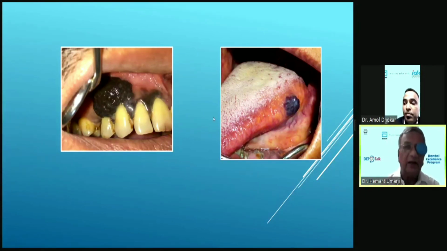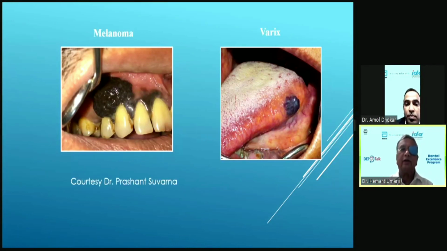On the left side, there is a pigmented lesion, and it is looking irregular. There is asymmetry, there is an elevated lesion, and the pigmentation is varied. Here there is more pigmentation, there is less pigmentation. This is nothing but a malignant melanoma. You should be very careful about this, because it is a very dangerous condition. It will spread very fast, and the earlier you diagnose, the better. But still the prognosis is very poor. So this is an unusual case of a malignant melanoma.